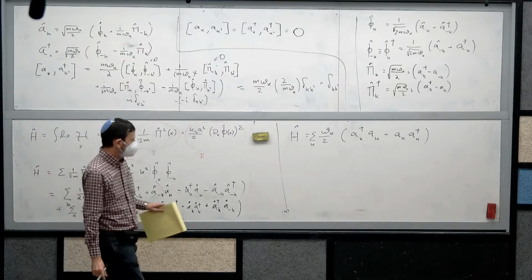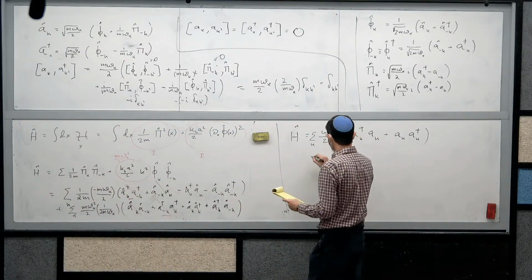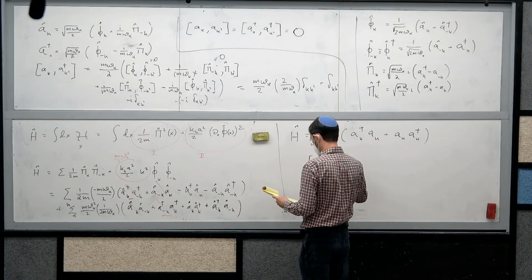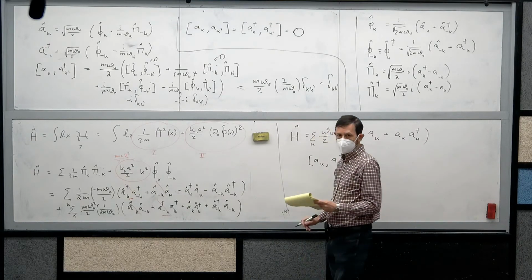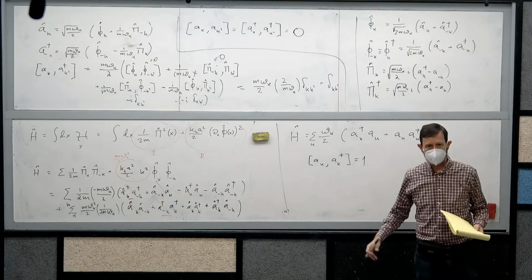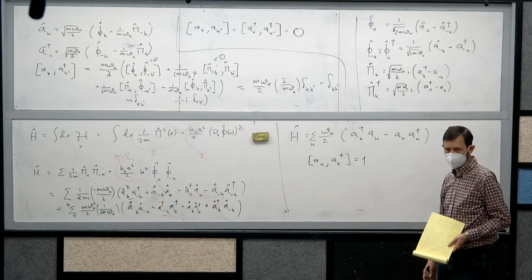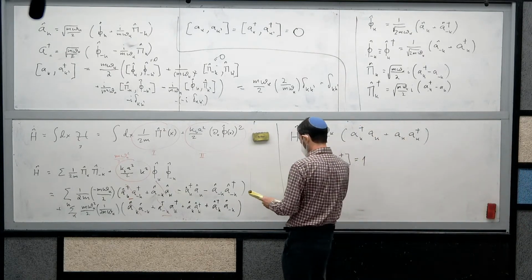And we'll end up by finally using the commutation relation. Without the k, you're well familiar with it from the regular harmonic oscillator. And we can rewrite it